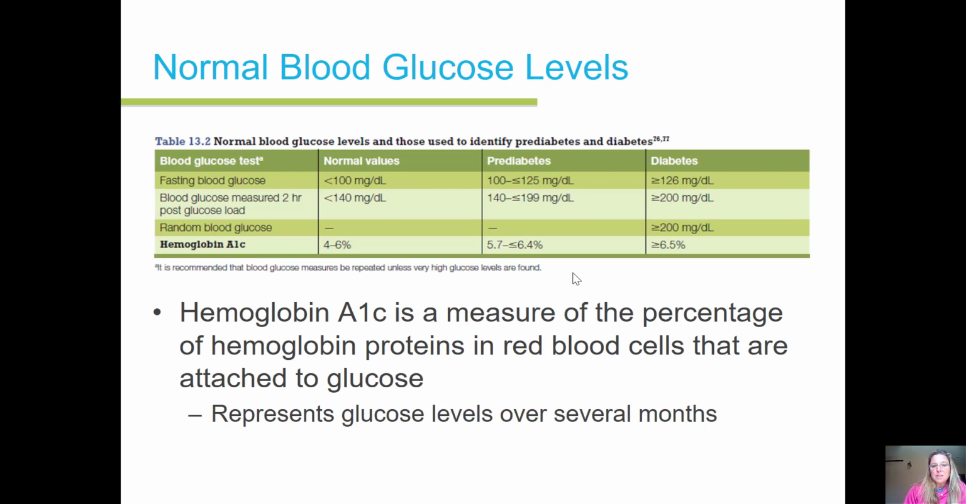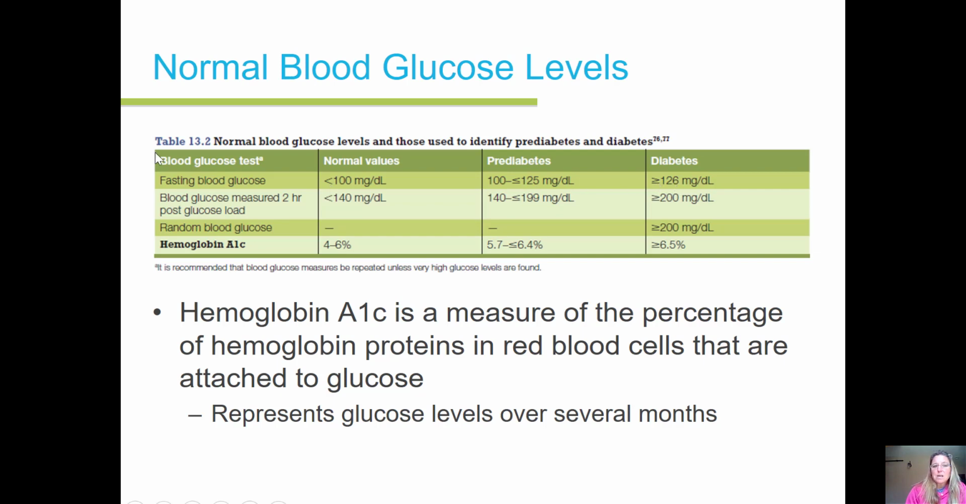So here are those numbers again. Fasting blood glucose levels of less than 100 are normal. That's what we want to be. Anywhere from 70 to 100 is a good fasting glucose level. Prediabetes, on the other hand, is 100 to 125, and then diabetes is diagnosed as 126 or